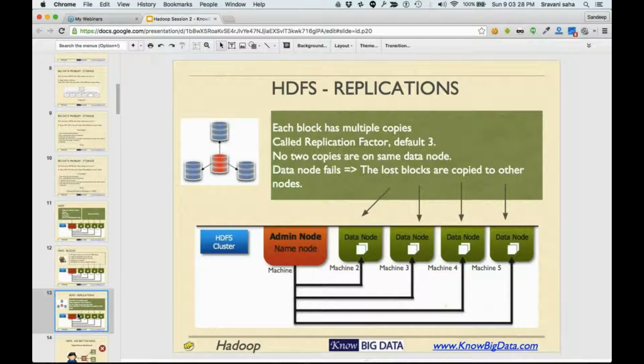As well, for files which are not very important, you can change it to lower, and for some files which are very important to you, you can increase the replication factor. All right, and